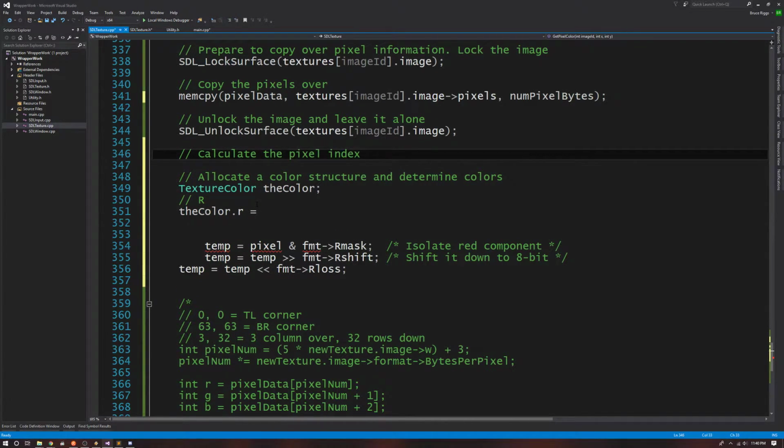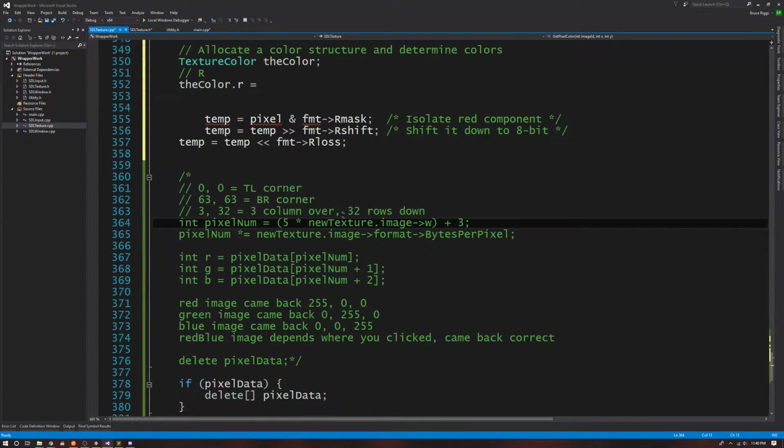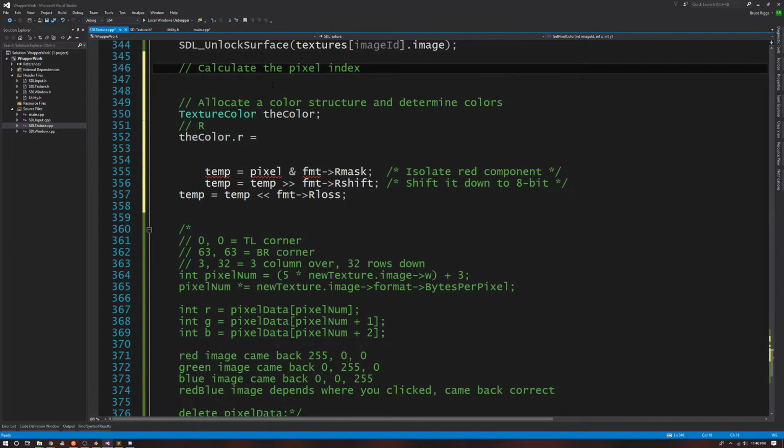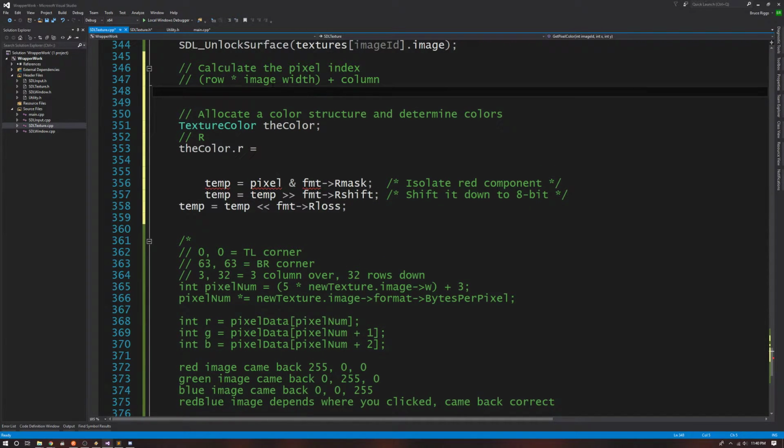Calculate the pixel index. Which I did right here. Yep. Why 5, though? Zero is top left corner. Oh, that was the Y. Okay, I see what I did. So it's your row times image width plus column. Alright, so pixel index equals the Y times